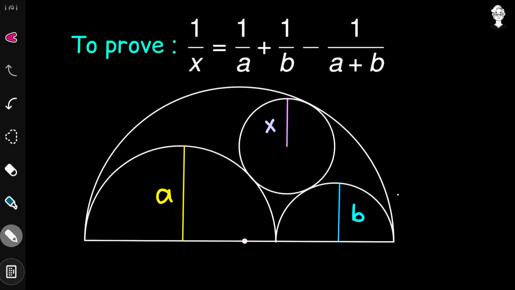So first of all, we will start the solution by taking the point O as the center of this biggest semicircle. Okay. Now here we have the radius of these two inscribed semicircles as a and b, and also the radius of this circle as equal to x. But the radius of this biggest semicircle is missing. So why not calculate it in terms of either a, b, x, whatever it comes. So let us calculate it now.